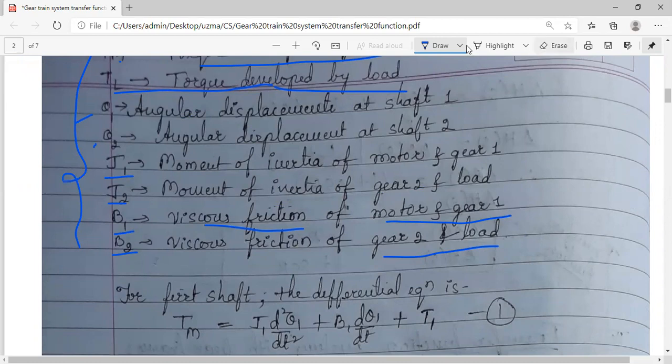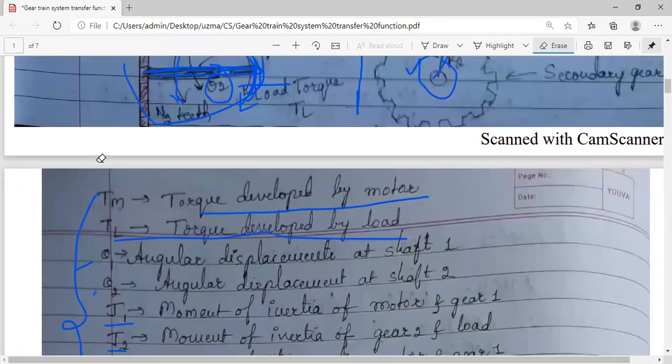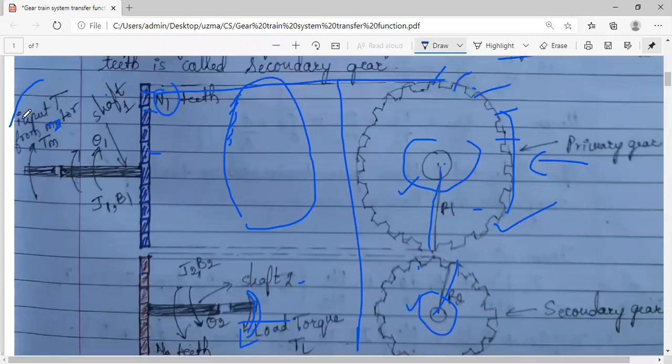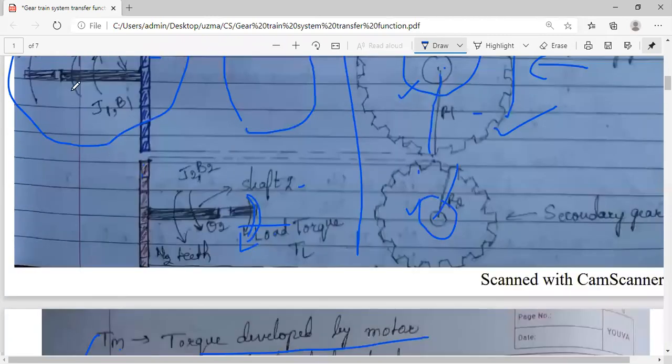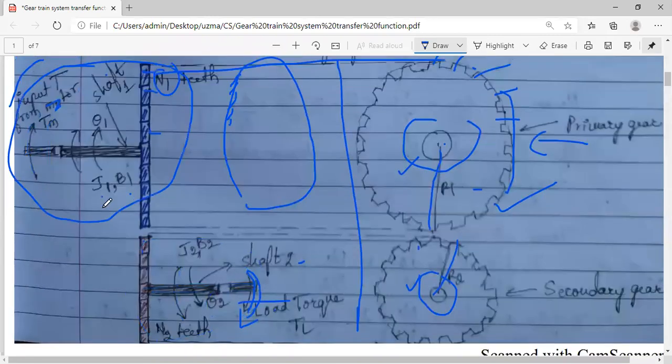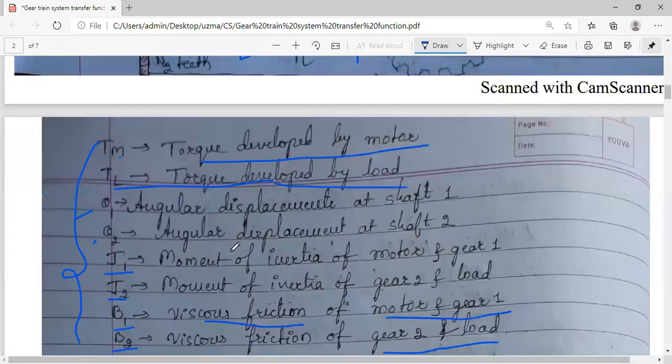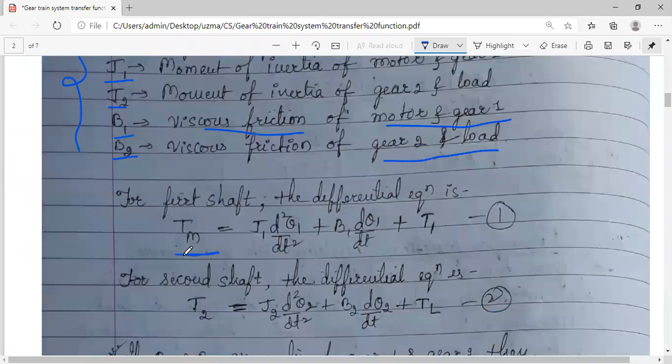Now, similarly, how do we go for transfer function finding? First, anyhow, we want the differential equations. That is our equilibrium equations. We want torque equations. So here we are going to get two different equations. First, let us try to formulate the equations for shaft 1. You have a torque here, you have J, you have B, right? J hai, B hai, and torque hai. You can see the total torque developed, that is from the motor, that is equal to the opposing torques.